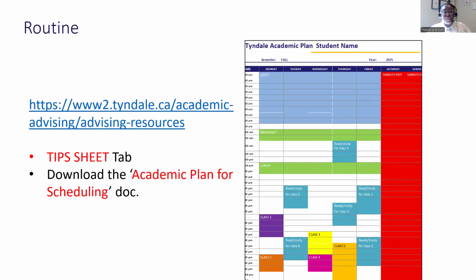Now I'm going to go into doing a tutorial, putting together a little bit of an academic plan. I would like for you ideally to watch me. I'm going to talk through it and talk through what my thought process is. I'm not going to do the whole thing like the picture that you see, but the goal is for you to get to the point where you have an entire academic study plan. Just know that these plans are like, say, for instance, the week 1 to 3, this is what it looks like. By maybe weeks 6 and 7, you might have to do some adjusting to this. So this is not set in stone.